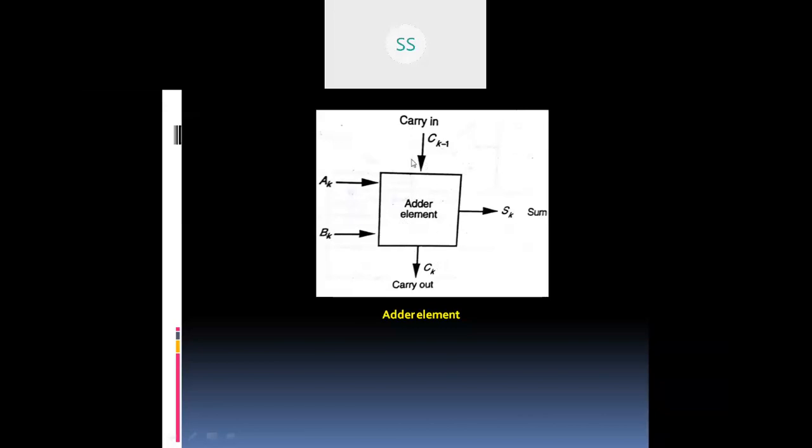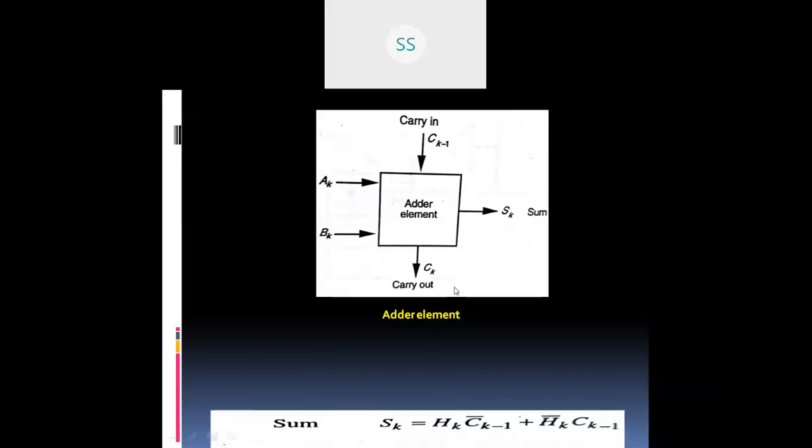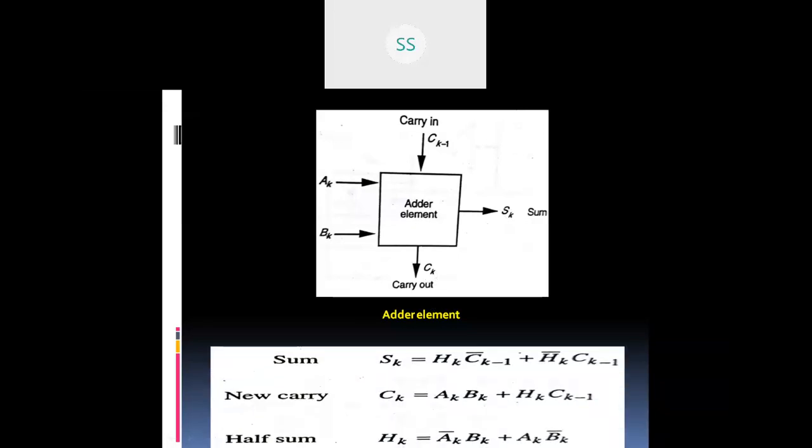One adder element should have 3 inputs: AK, BK, CK minus 1, and 2 outputs: the sum and the carry out. Sum is represented as SK and carry out for that bit is CK. And for one such adder element, its defining equations are: